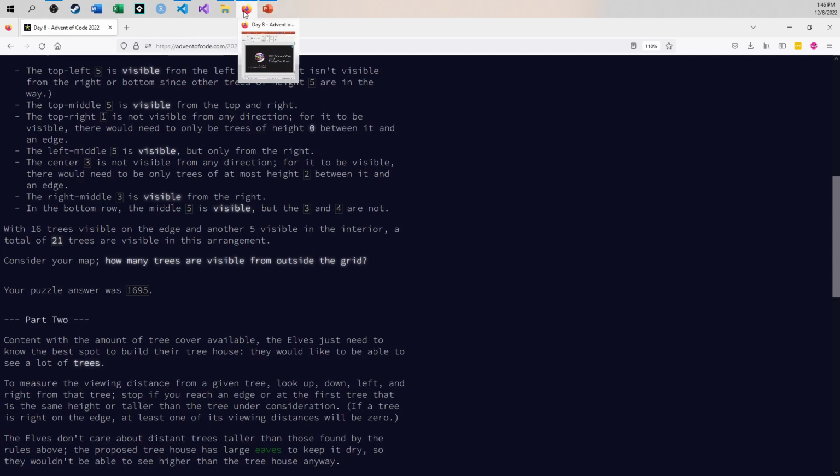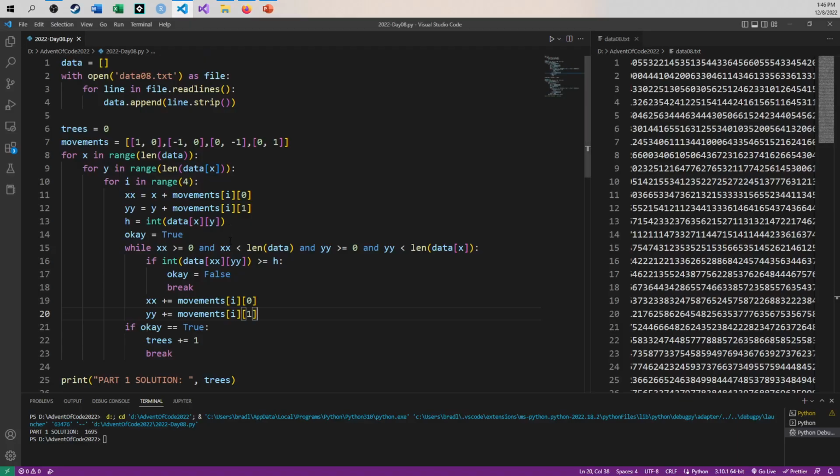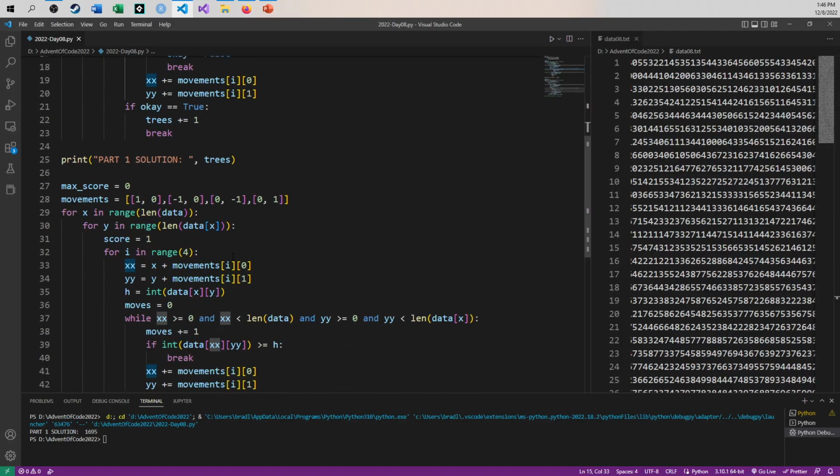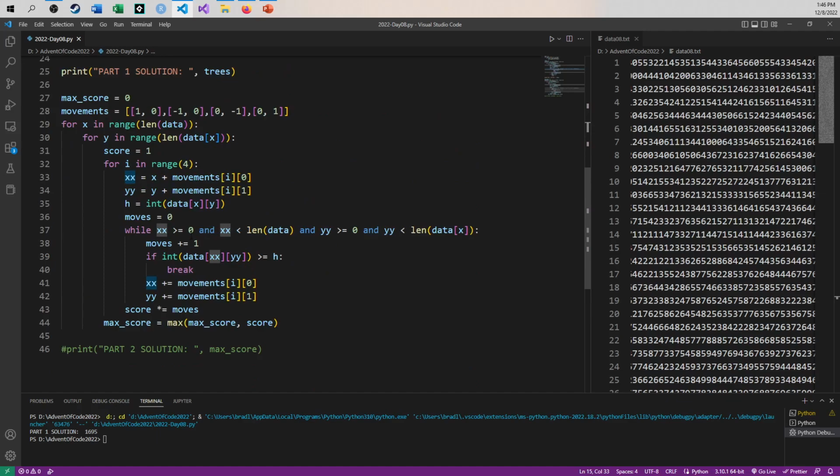Now for part 2, remember, for those of you watching from a previous video, that instead of checking for all trees being smaller in one direction, now we're going in every direction and checking how many trees there are until we run out of space and hit a tree that's larger, or we hit the outside world. And in each of the four directions, we multiply all those values together. The whole point of this is to find the largest tree score out of every tree